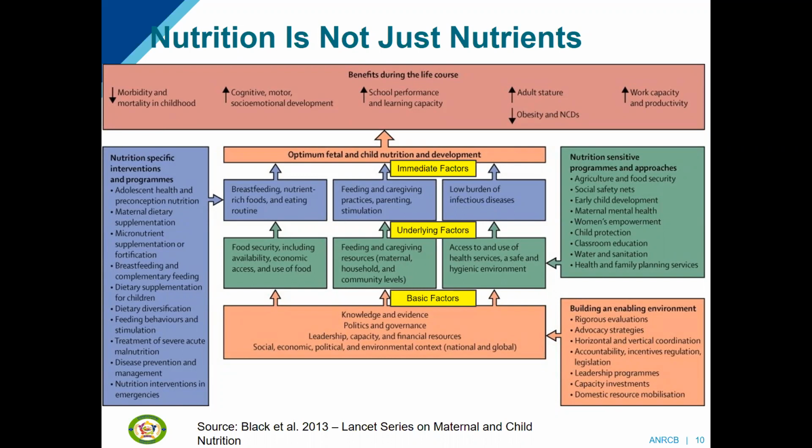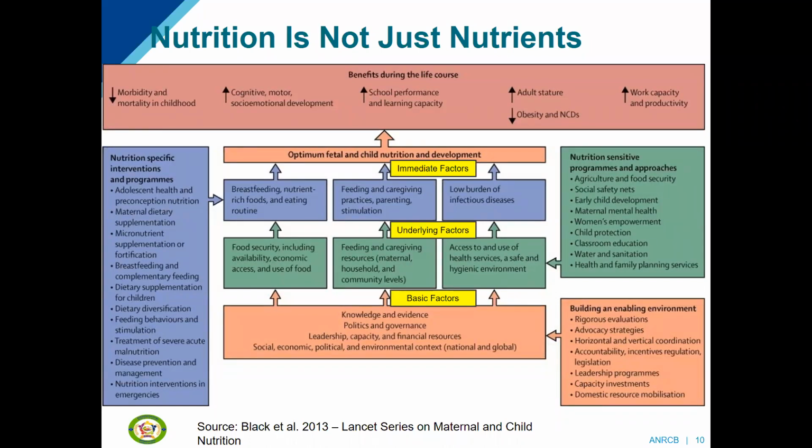Several factors underlie these immediate determinants of child nutrition. For example, a child's diet is influenced by their household's food security, which can include whether food is available and a family has the economic means to access that food. The resources that are available to a family will affect the sort of caregiving that is provided to a child, and child health can be affected by the environment in which a child lives. For example, whether a family has access to clean water so that the child does not become ill, or whether they have access to health services.